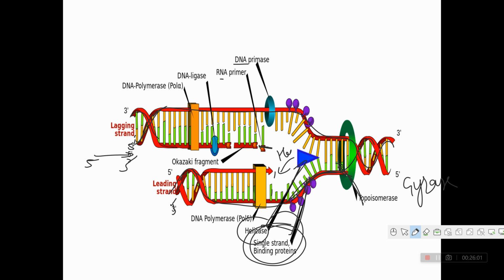After formation of the primer, DNA polymerase comes and binds with this, right? This is a DNA polymerase and it binds with this primer, right? After binding with this primer, they continue the synthesis. But remember, this is a lagging strand, means they act as the opposite strand, right? So in this situation, what happened?